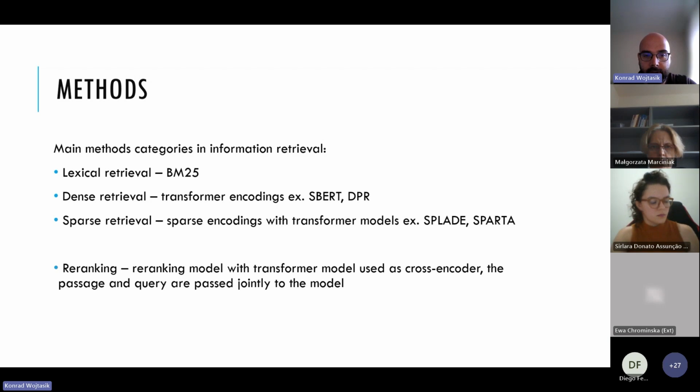And there is also re-ranking. Re-ranking is an additional step in information retrieval, when after retrieving, let's say, 10 or 100 relevant passages or documents, we are using some better